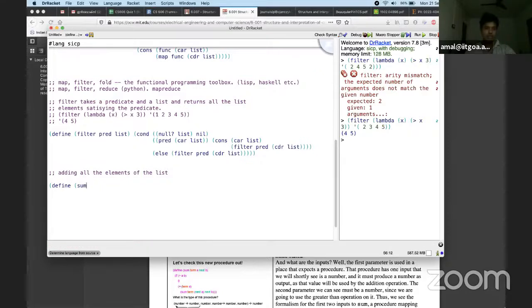Define sum L, and it takes a list. And what should this sum L be? It can be an if null. If the list is empty, I return 0. Otherwise, I am adding